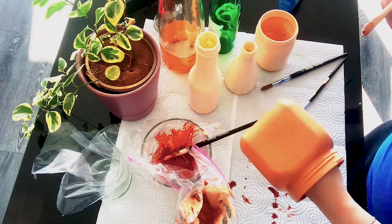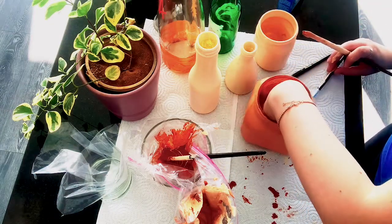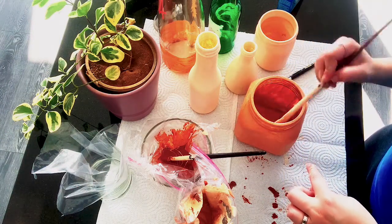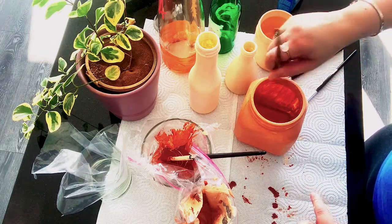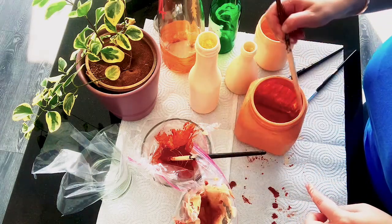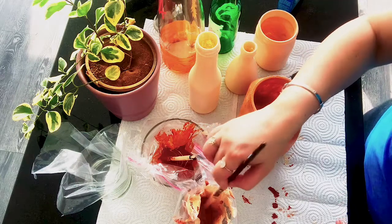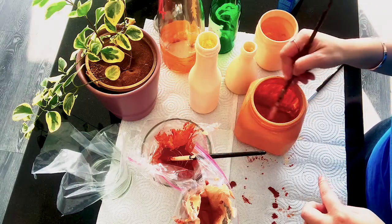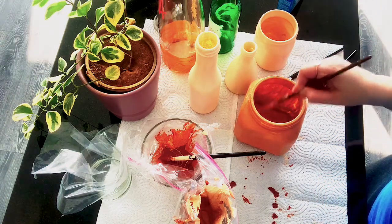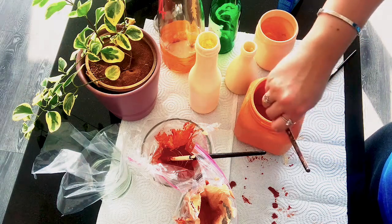Now for this, I think I will use it as a, probably going to put some flowers in this one. Again, because it's white and you can see the inside, you can paint the inside as well. It's a very nice color. Again, it's like natural, so it goes with anything, like whatever is the decoration in the house, the color theme. The inside you can just do it quickly. Doesn't have to be perfect. It'll just help us cover what's on the outside as well. Make it even more